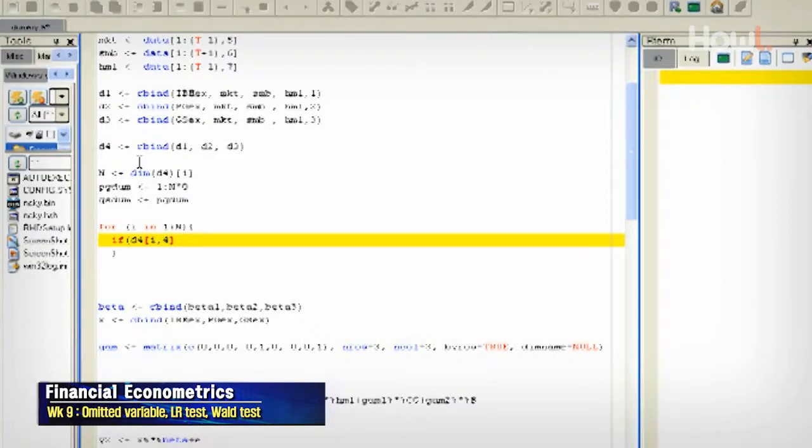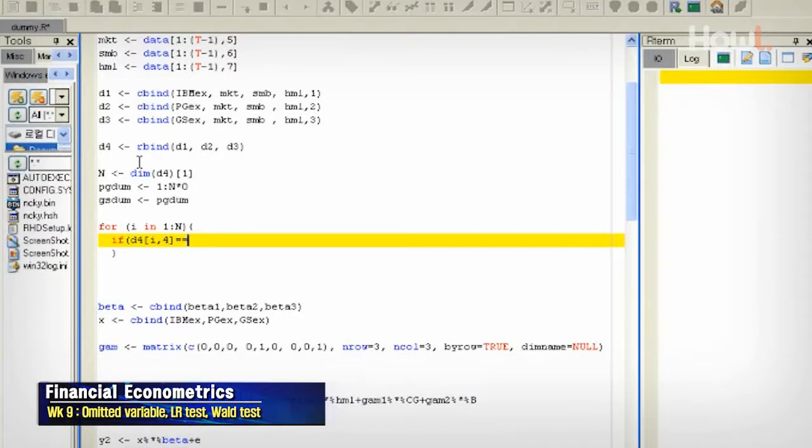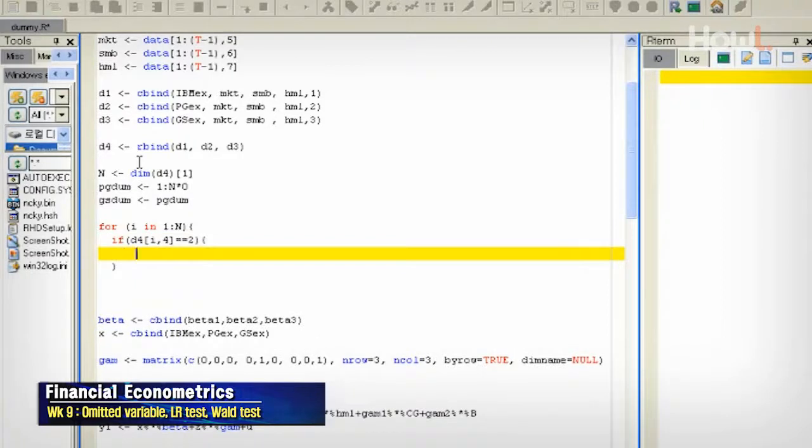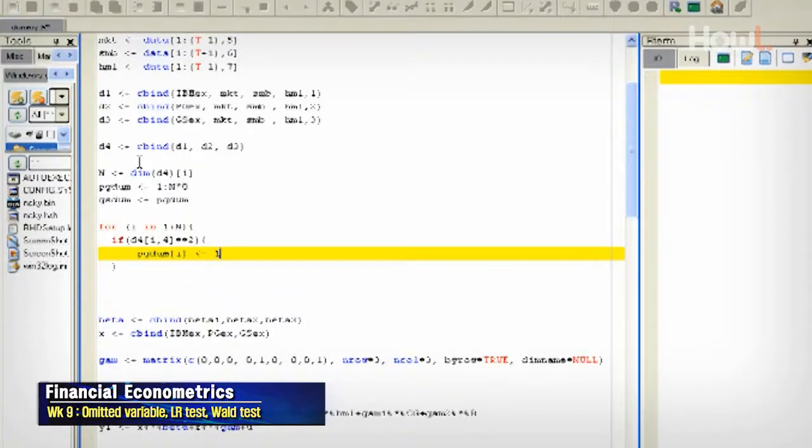Okay, so if the fourth column equals 2, okay, then PG dummy should be 1. Okay, so I'm creating a dummy,